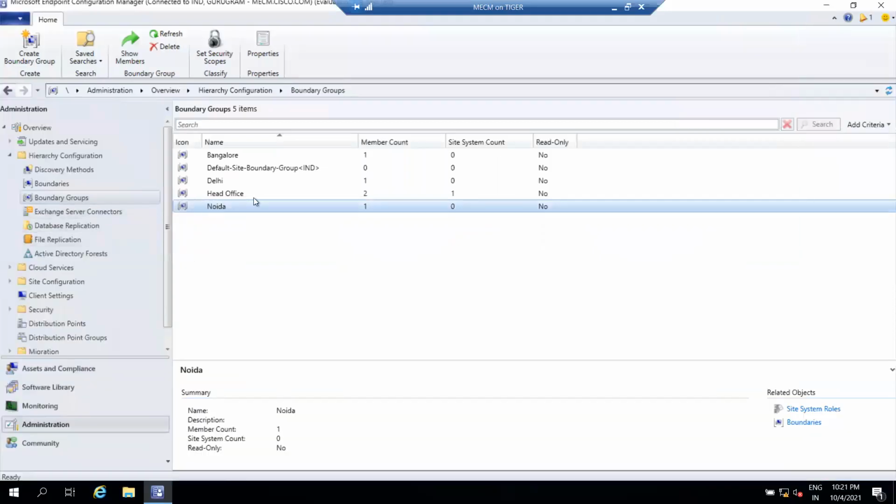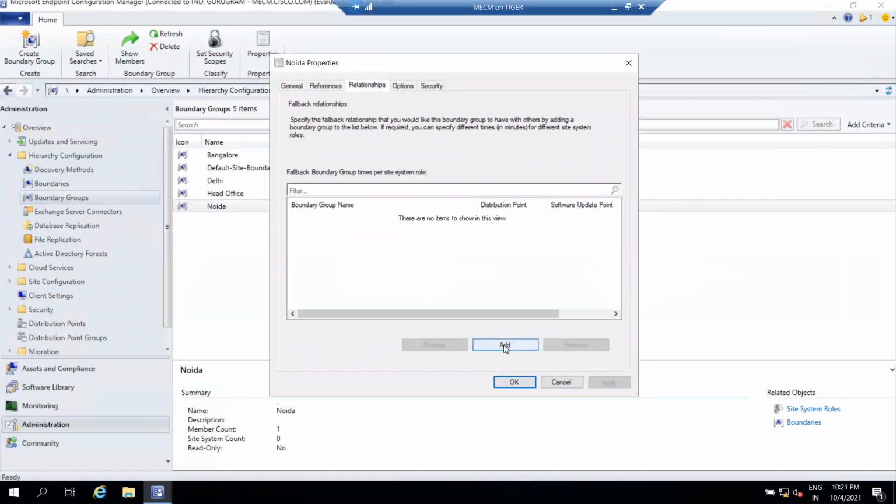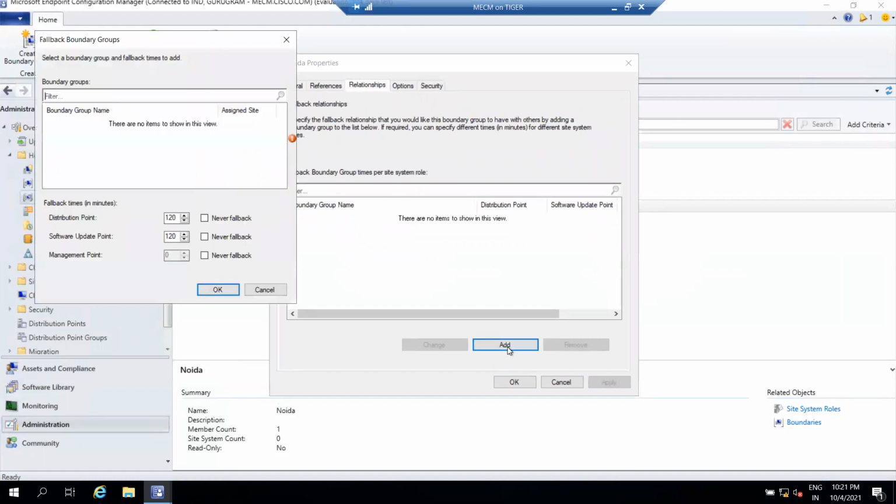So let's open the Noida boundary group, click on properties, and click on the relationship tab, the third tab. Now we have to add another boundary group, so click on add. We want to add the Bangalore boundary group: if a client machine under the Noida location is not able to get content from the Noida DP, then it should go to the Bangalore DP.